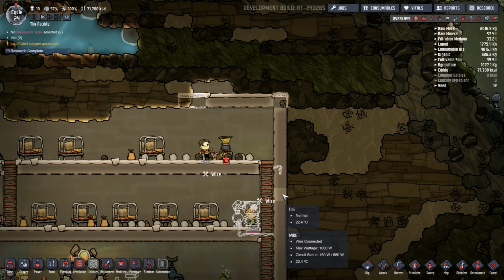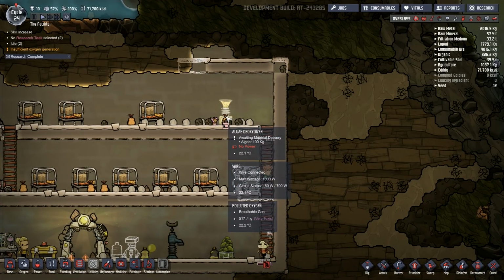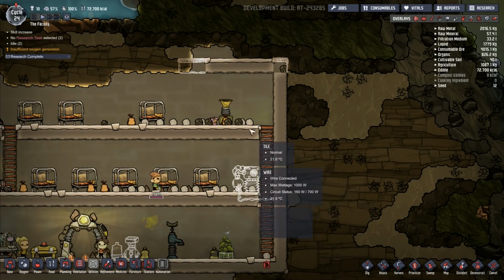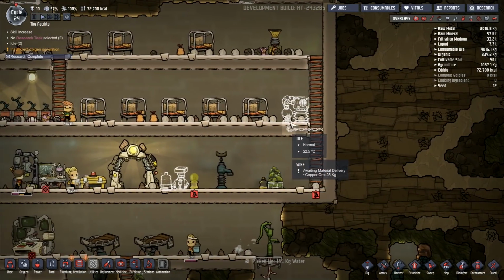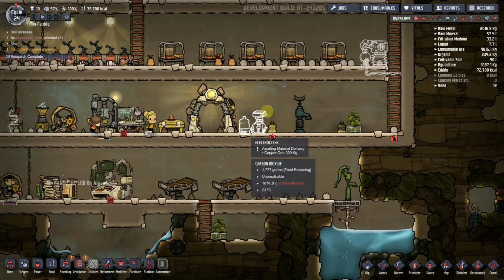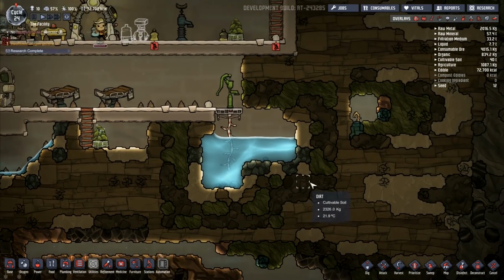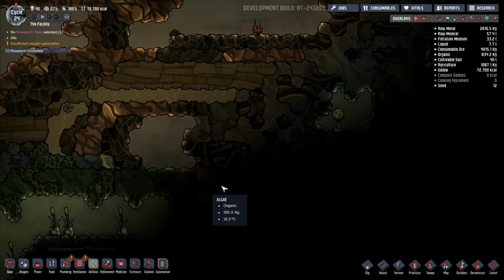And they're putting the copper in there. So the last couple of bits, if I can just get some copper in there, we've then got the algae deoxidizer awaiting material delivery. That's finally joined in. I've got the carbon skimmer. That's got a couple of bits to go in there. And then I've got this electrolyzer, which I'm hoping will help. Water is starting to run down there. At the moment, I don't see any...